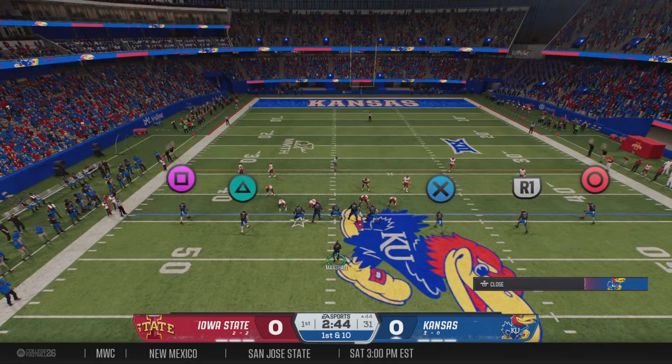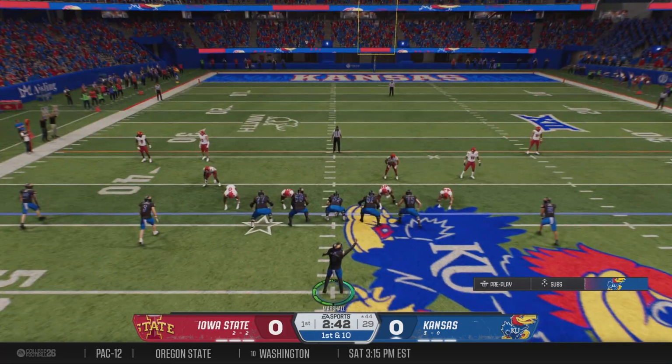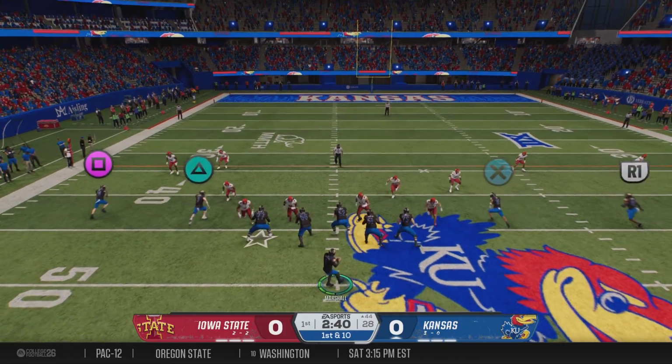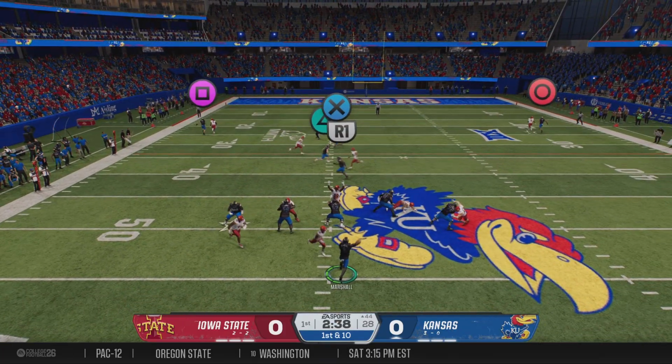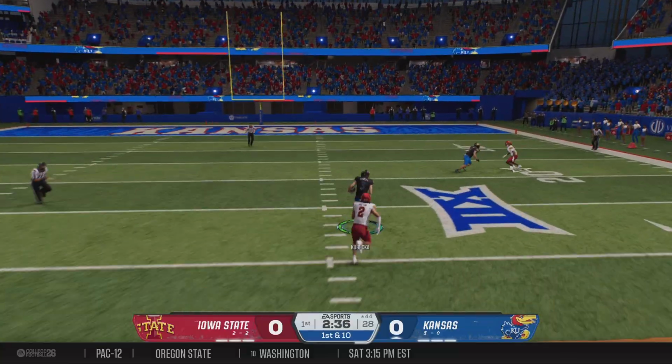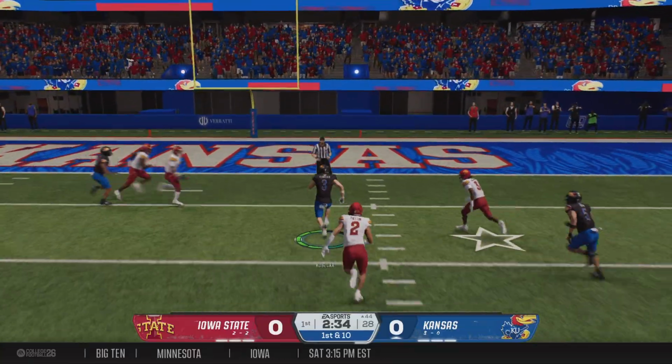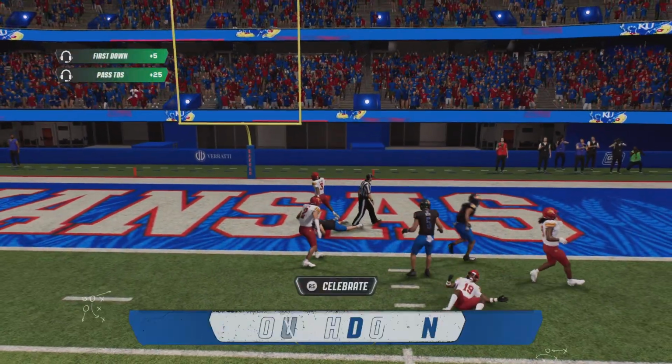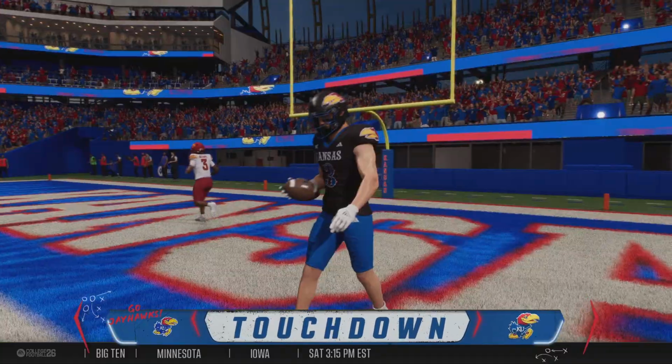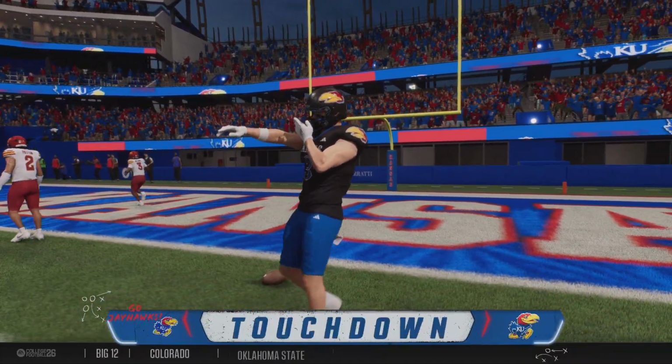And the Jayhawks have it with a 1st and 10. 42 Spider. Looking for a man, it's Marshall. Here comes the heat. A strike downfield. There he goes. Touchdown Jayhawks. Made the grab and took it on in for the score.